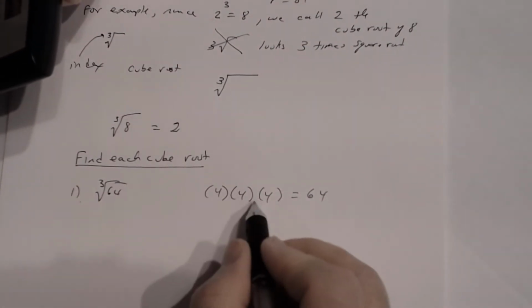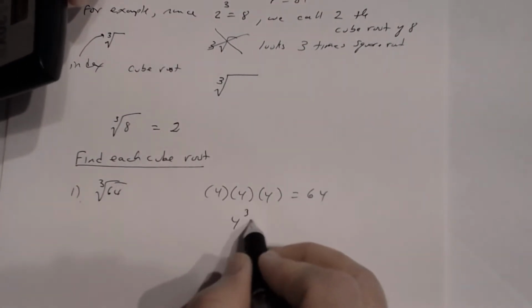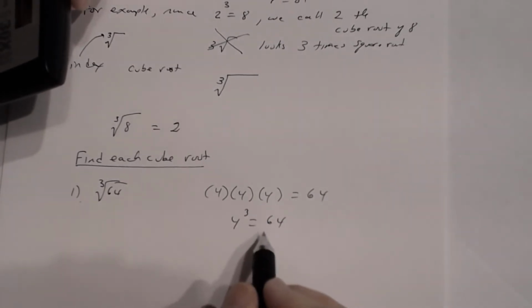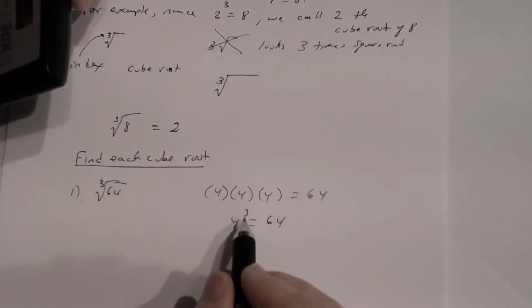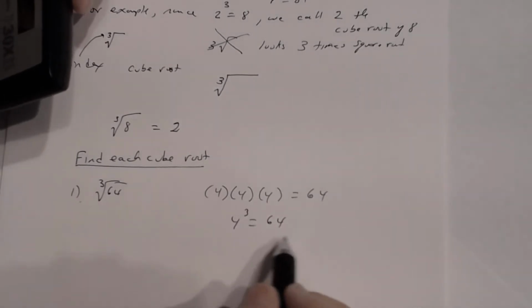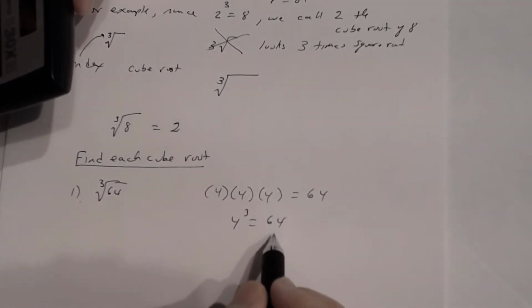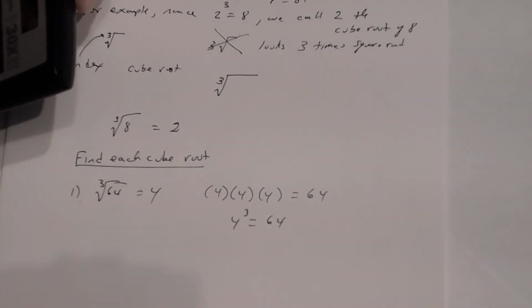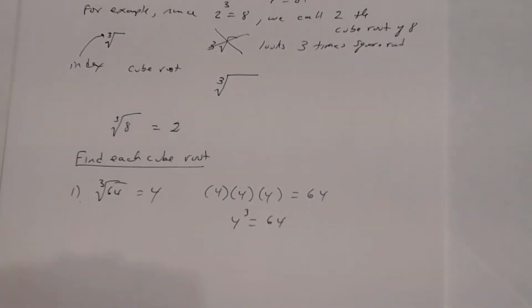And remember, this also means 4 cubed equals 64, right? Then remember, this is cube, so the reverse of cube is cube rooting. So if I take the cube root of 64, that's going to equal 4. So this right here equals 4. Okay? All right, number 2, let's suppose we had